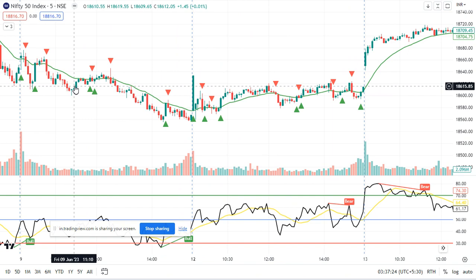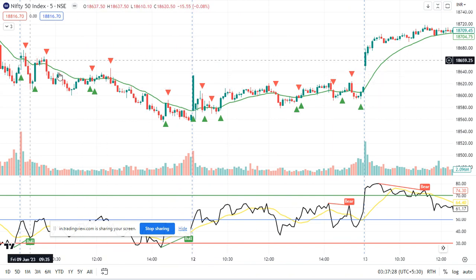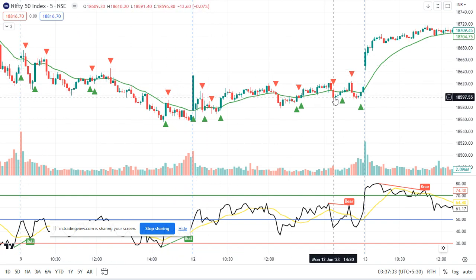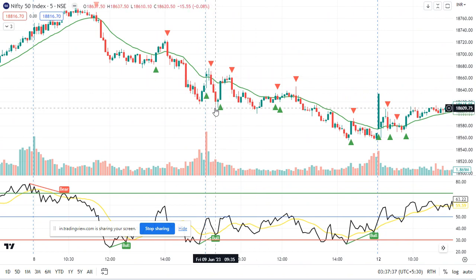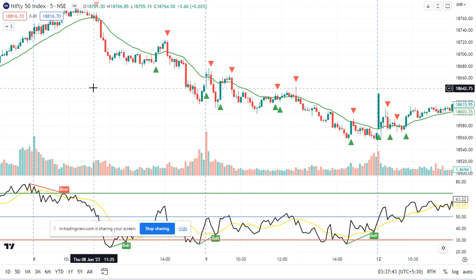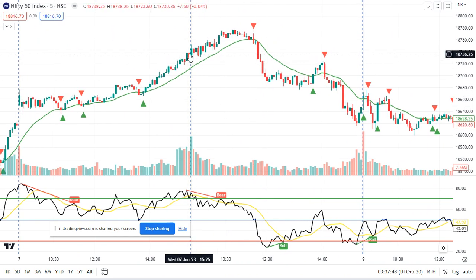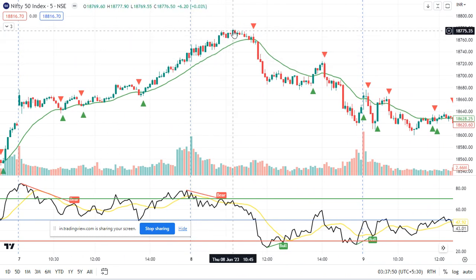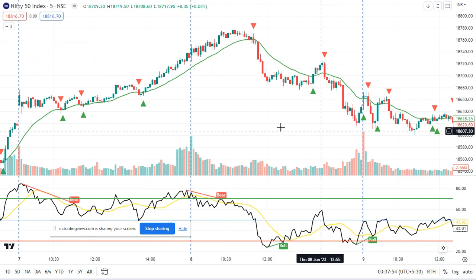Like see this example of an inside day, the candle opens within the range of high and low, and see the result, a sideways day. Okay, see here, the low is broken, and then you see the result. Here I got the sell signal around 10:10 up to the market close. Okay, see here, the market breaks the previous day high, not able to sustain, and here I get the signal around 11:30 up to the market close.